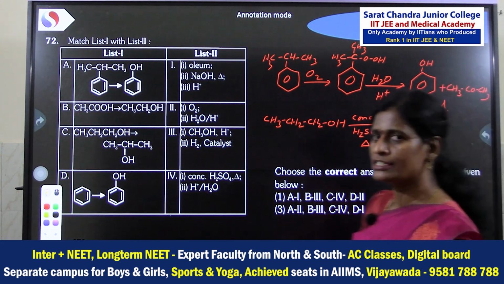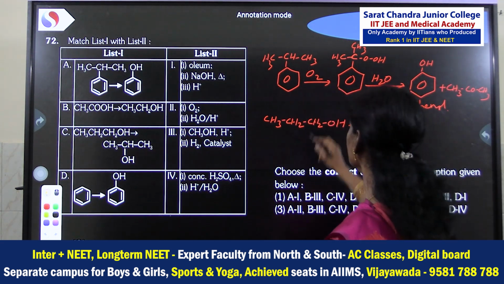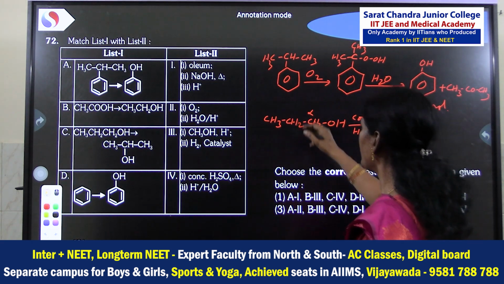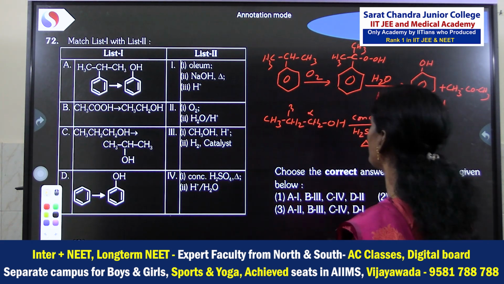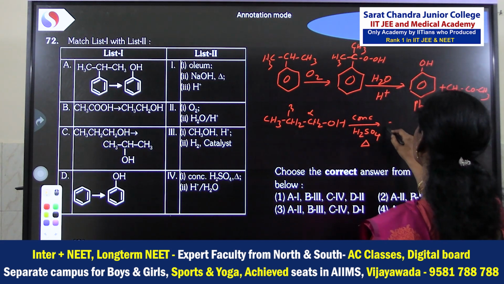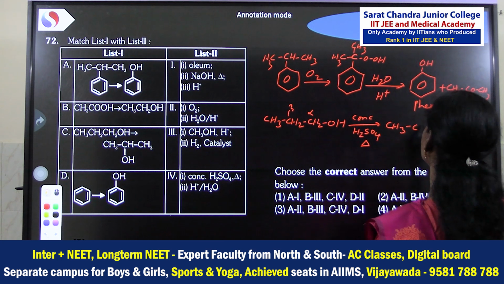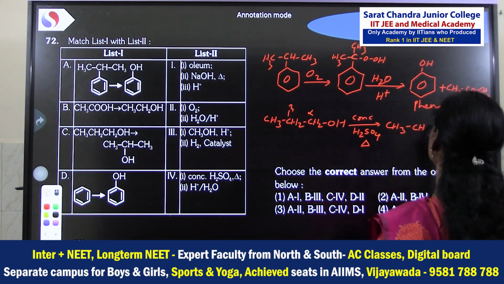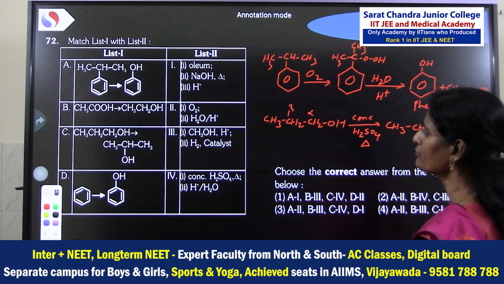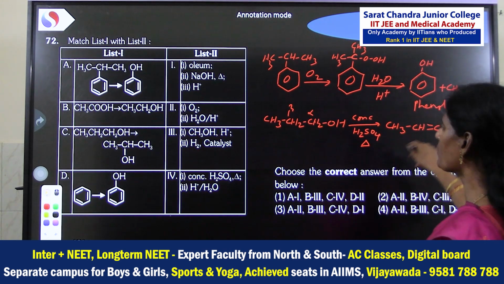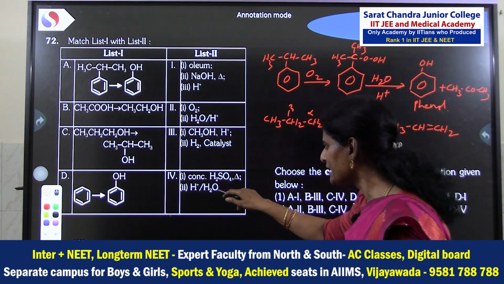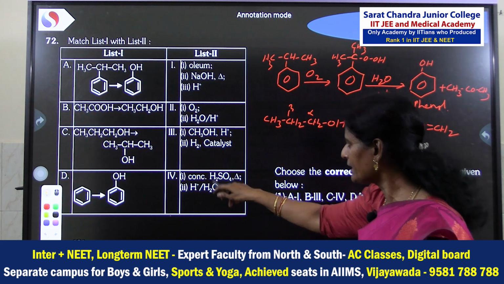It is also known as alpha beta elimination. From the alpha carbon, OH minus is eliminated, and from the beta carbon, hydrogen is eliminated. So when we treat with concentrated sulfuric acid, the product is CH3, CH double bond CH2, propene. Propene is formed. And when this propene is treated with H plus and H2O, that means acid catalyzed